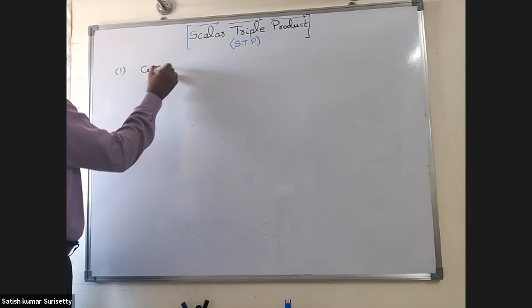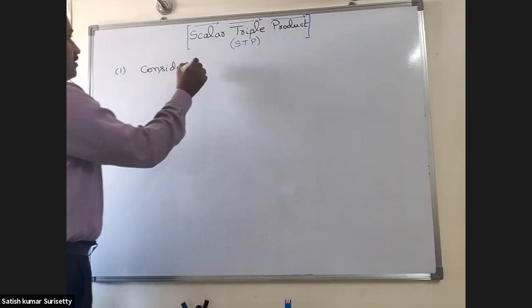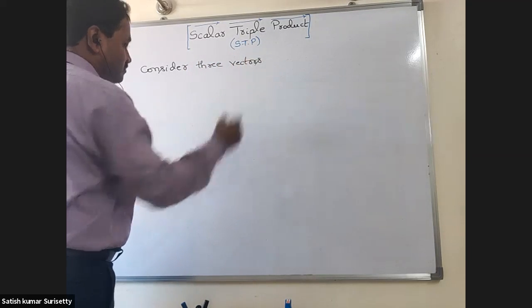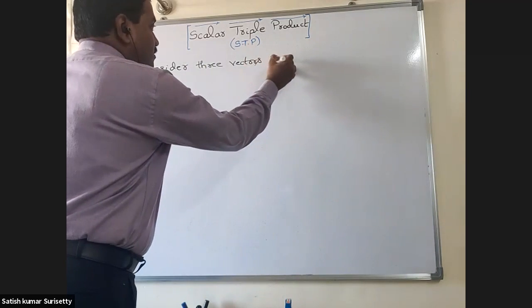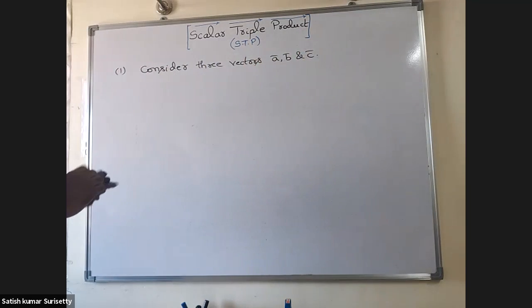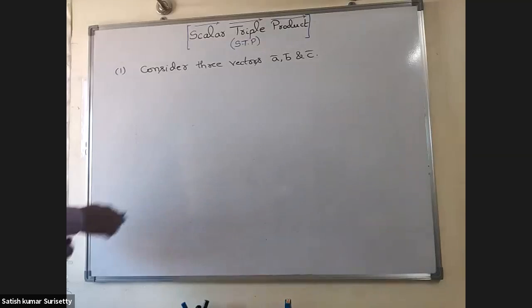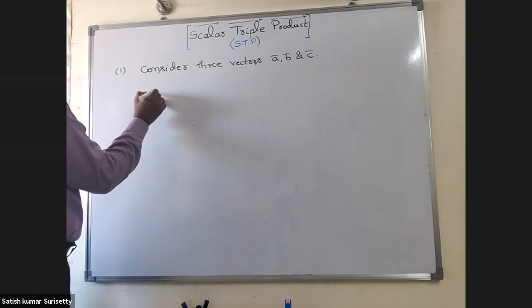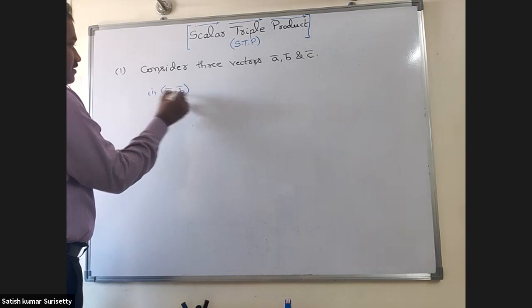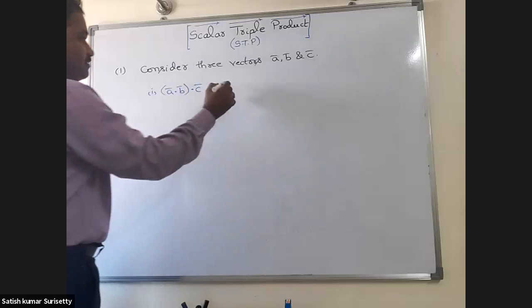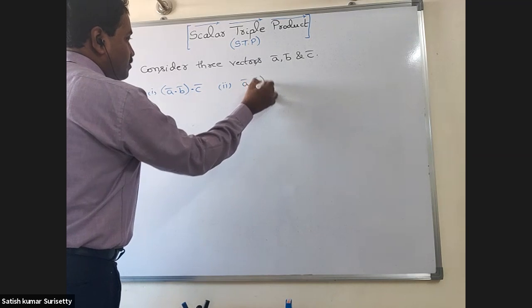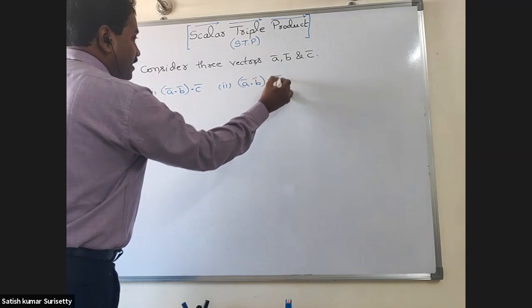Consider three vectors A bar, B bar and C bar. The possible products are A bar dot B bar dot C bar, A bar dot B bar cross C bar,